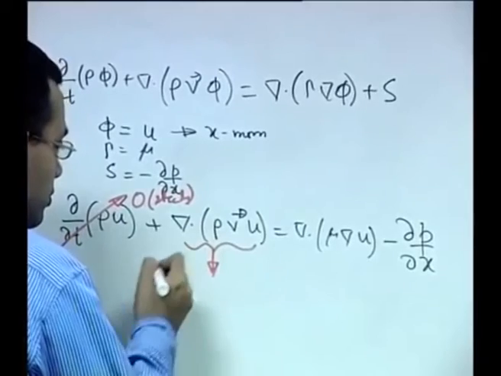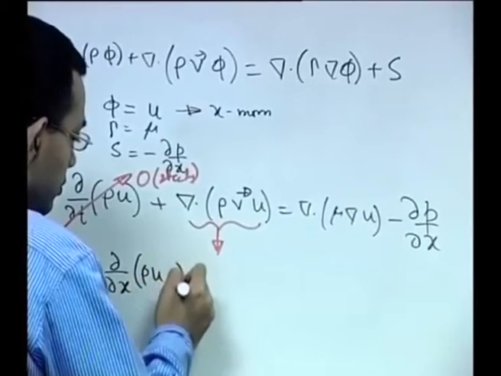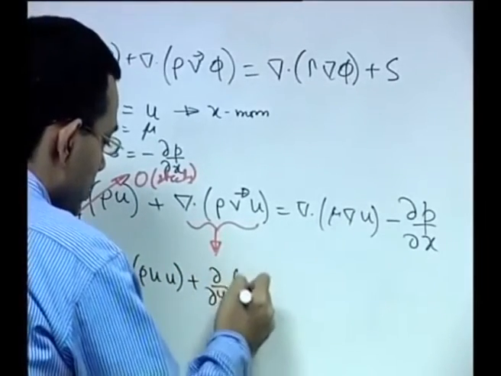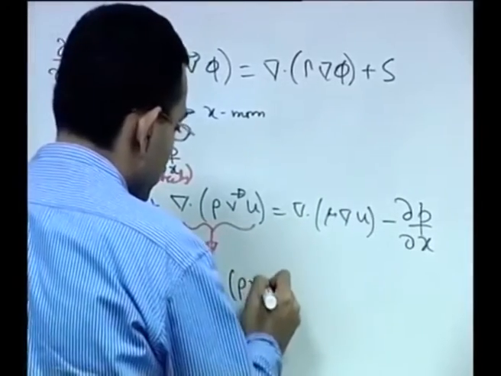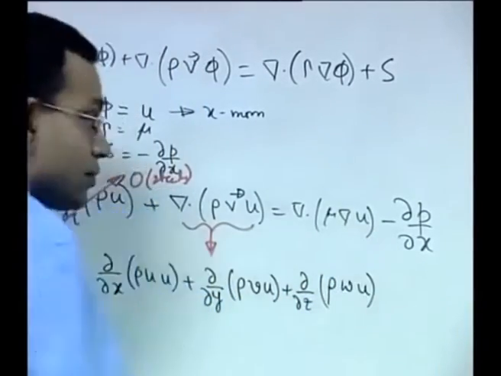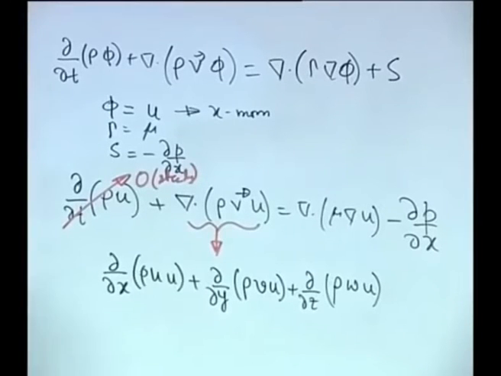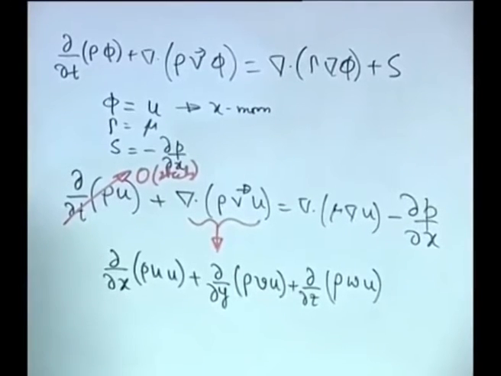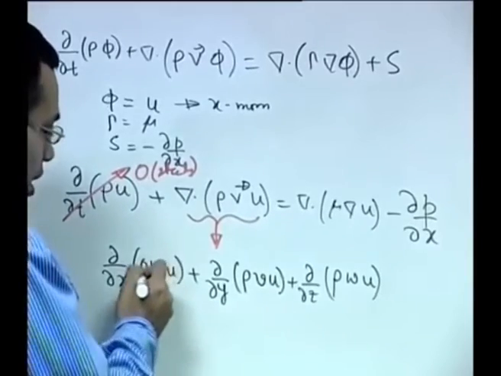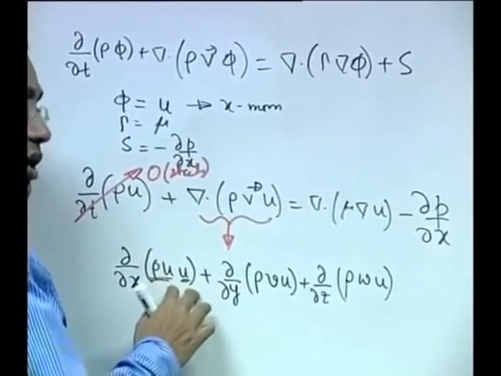So, this will be... so you can club up rho into u as one term and u as another term. So, and use the product rule. So, it becomes